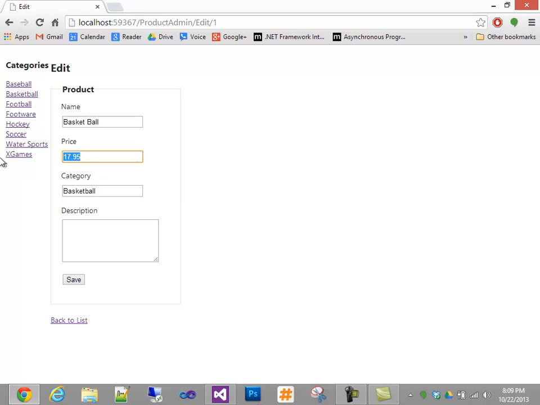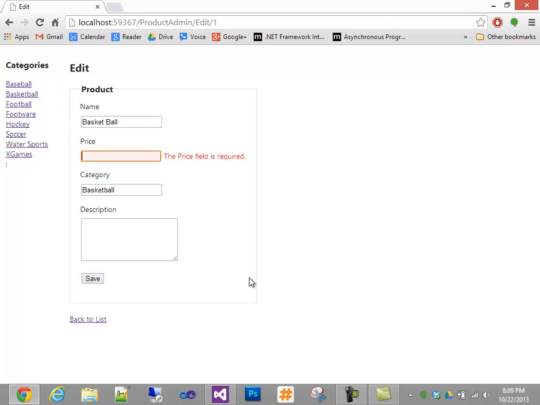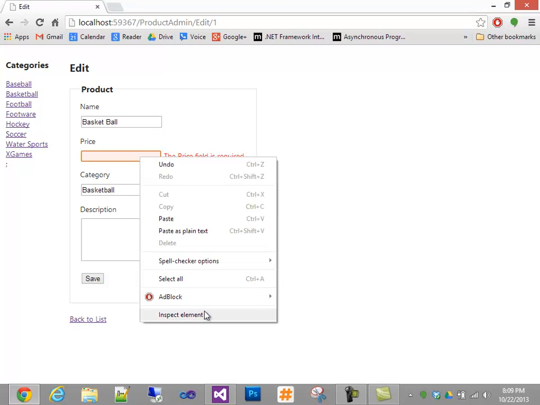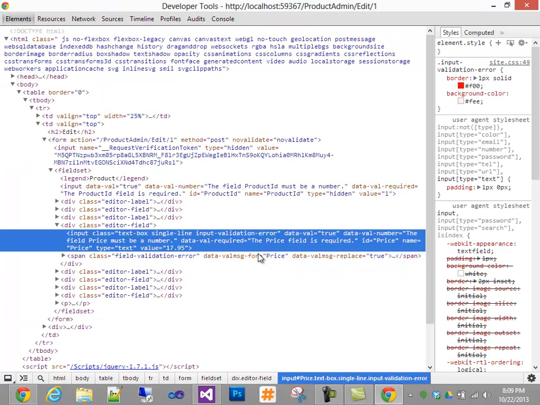So if we come in here and we whack the price and hit save, the validation occurs and it says the price field is required. No postback occurred. jQuery validation picks it up, gives it the nice red color, and then there's our validation message. And that's all simply inferred off of that one attribute being added. So by adding that attribute,